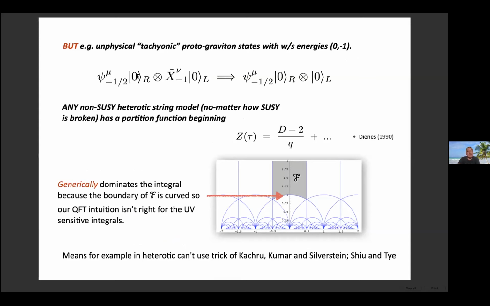The state on the left is the graviton, and if the graviton is there, which it ought to be, then so is this state on the right. No orbifold projection, for example, can get rid of the thing on the right if the thing on the left is there. The thing on the right is not a physical state, since it's not level matched: the right moving side is massless and the left moving side is tachyonic. However, the fact that it's there means that whatever my partition function does, the function I put into the integral begins like this, d minus 2 over q plus dot dot dot.